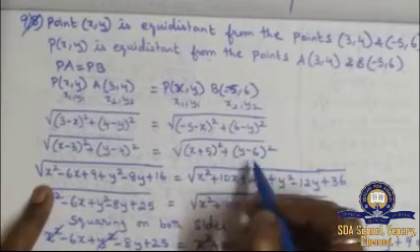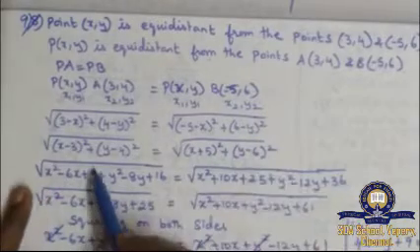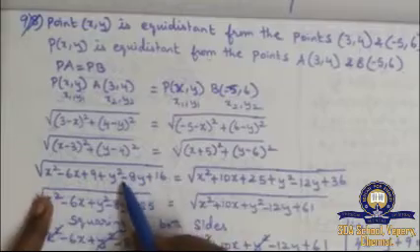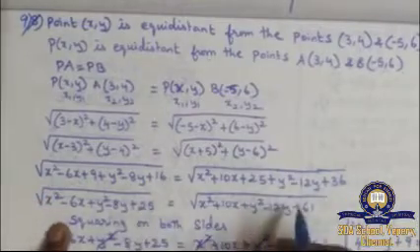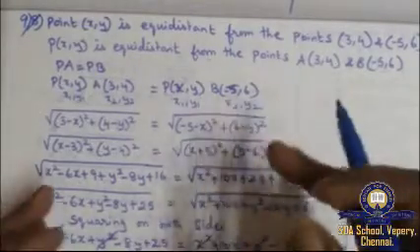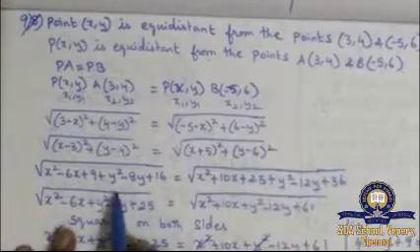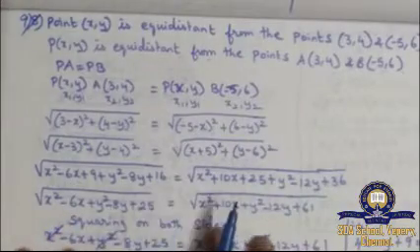Same way, y minus 6 the whole square. Then the a plus b the whole square formula and the a minus b the whole square formula, we have split them. Because again we are seeing the same thing, I am skipping. If you have any doubts, you can contact me.